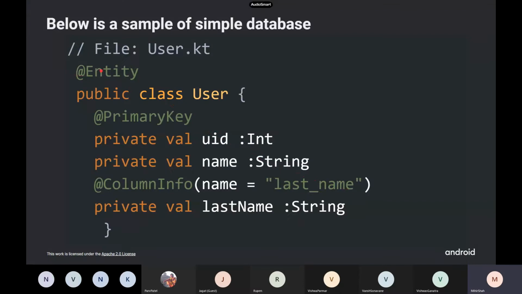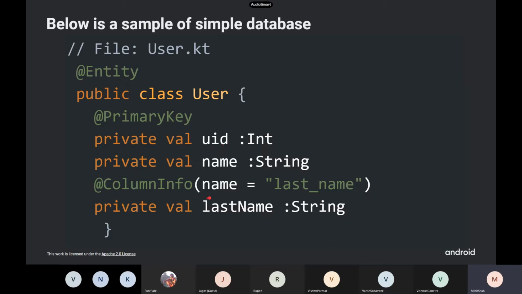Okay, now looking at a simple example of a database. Inside the user.kt file, we are defining a public class User, and inside the entity, we know every table should have a primary key, which will be its identifying key, which is compulsory to be defined. So the primary key is defined as uid.